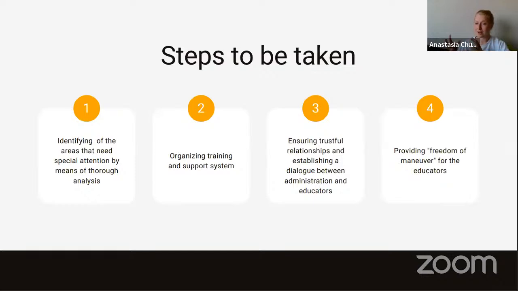So we have to establish a very honest and very kind dialogue between the administration, the policymakers, and the teachers. Because right now it looks like two different worlds. We need to go to the teachers, and we need to honestly ask them what is happening on the ground, what is happening with you, what is happening with your students, where do you need our help, how can we help you? And the second major request was organizing training and giving them a support system